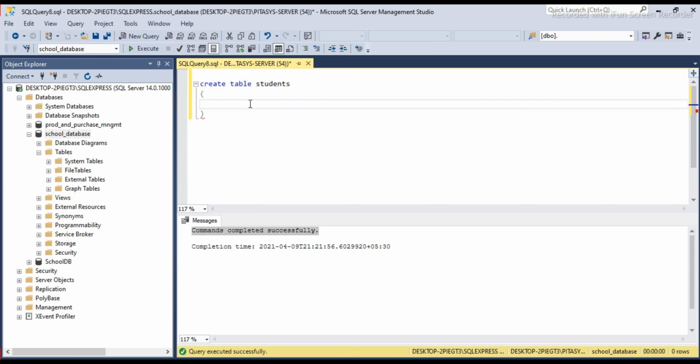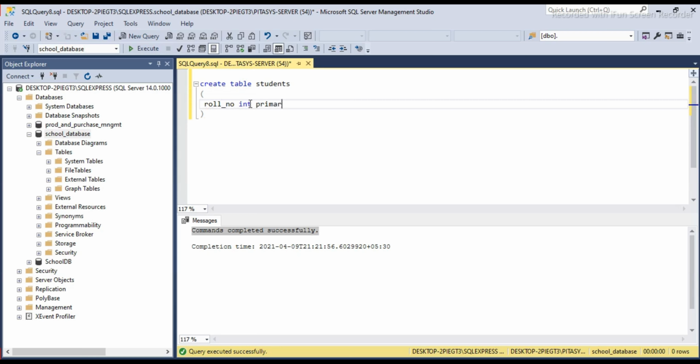Now we have to specify the fields of this table. What type of fields will this table contain? Suppose we are going to define roll number of type integer.